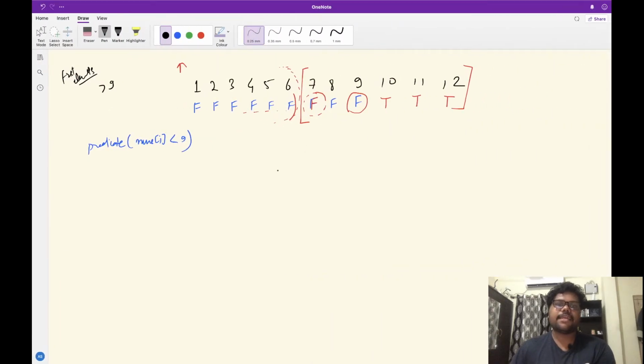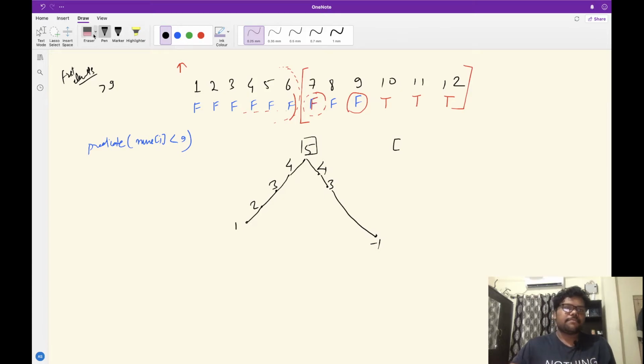Let's say our example is: we have 1, 2, 3, 4, 5, then 4 again, then 3, and then -1. If you draw the graphical diagram for this, the peak in this data set is 5.